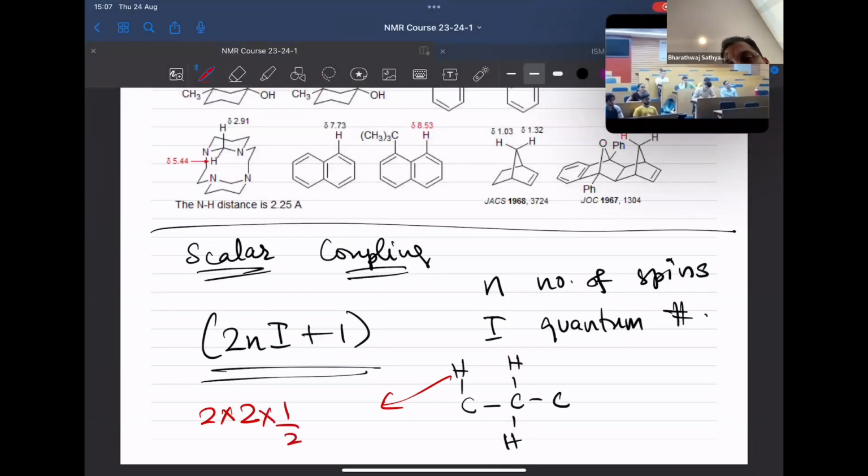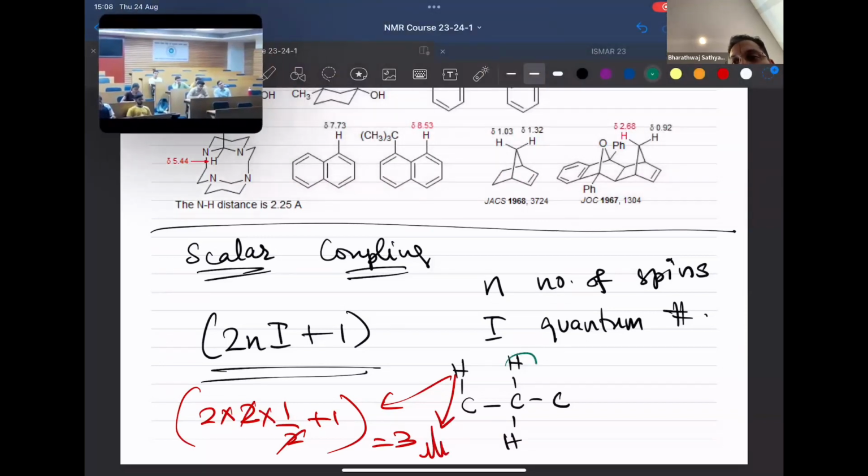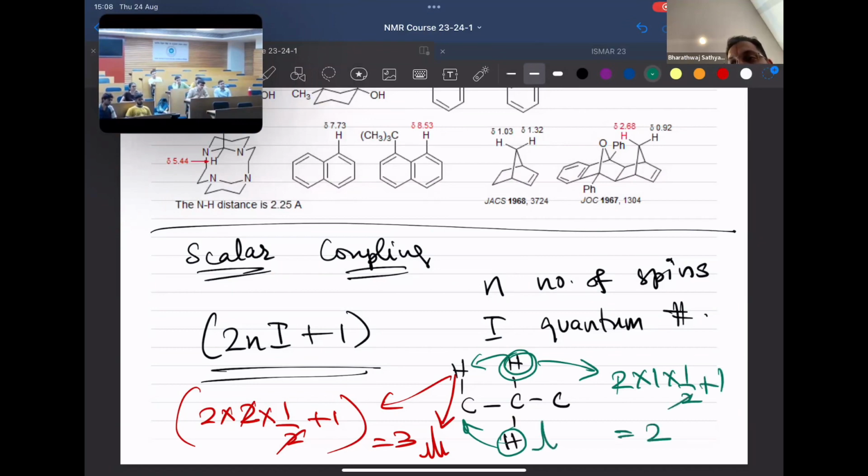For the protons being looked at as spin half, you're going to get 2 times 1 times 1/2 plus 1, which is 3, which means this is going to be a triplet. Similarly, for these protons that are present, these two are identical, and it ends up coupling with a single proton. So it's going to be 2 times 1 times 1/2 plus 1, which is going to be 2, which means these are going to be a doublet. Okay, so the 2nI plus 1 nicely works out, but be very careful that I is calculated for chemically equivalent